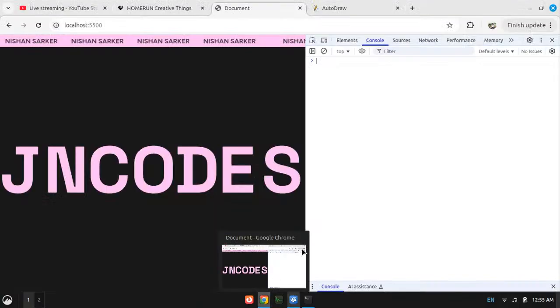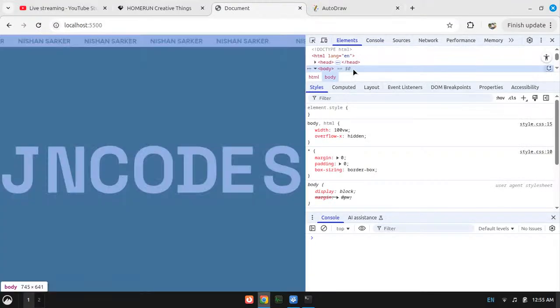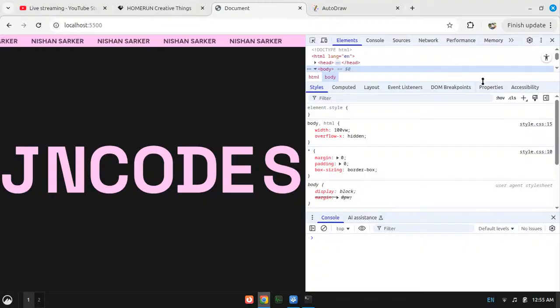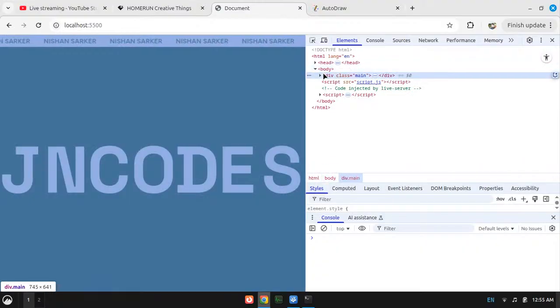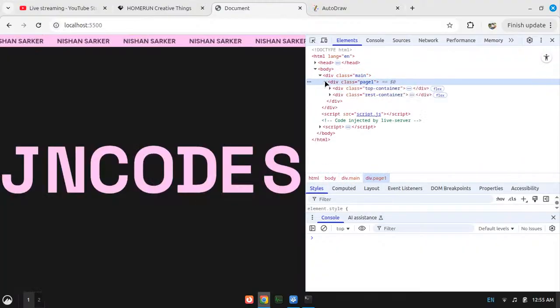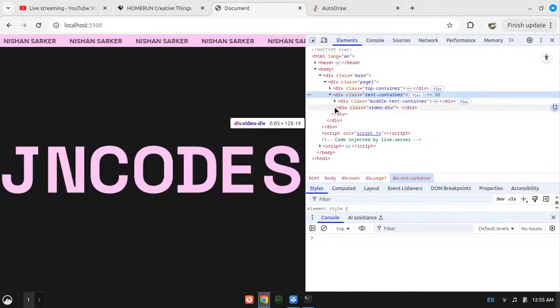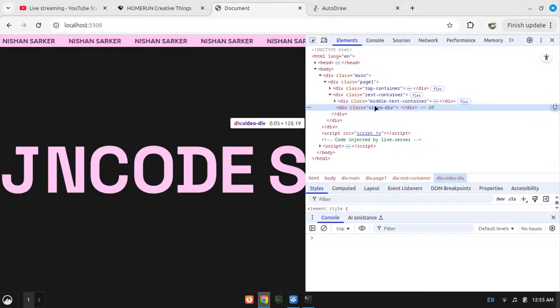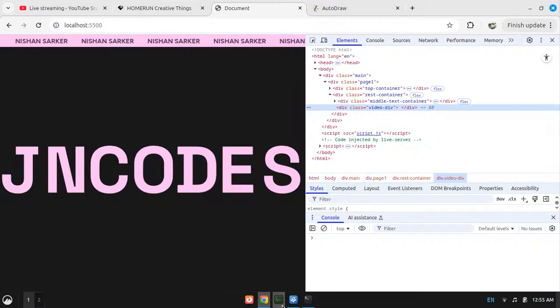It's video div elements. Where is this thing right now? Why is its height so small?